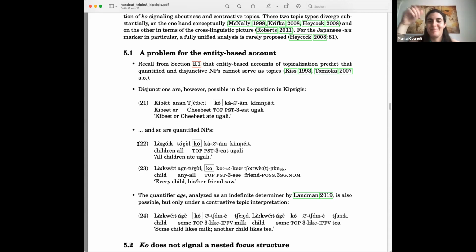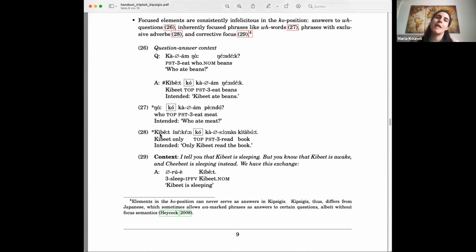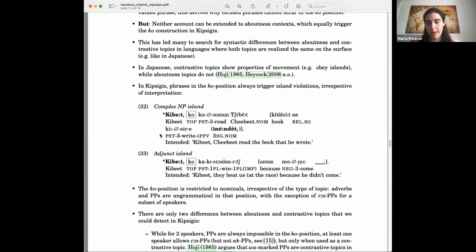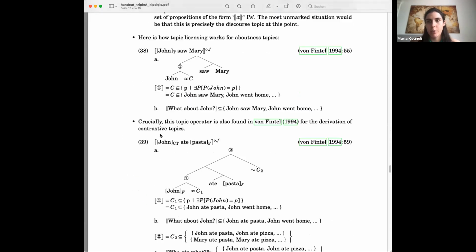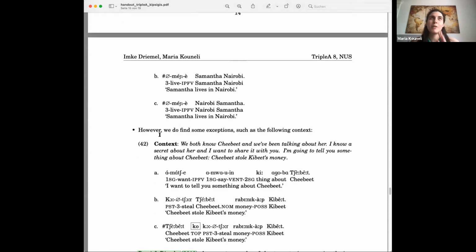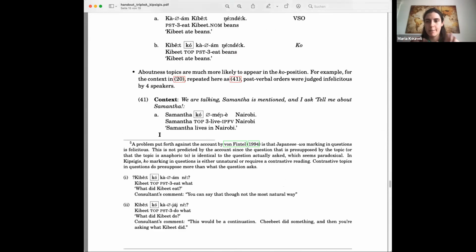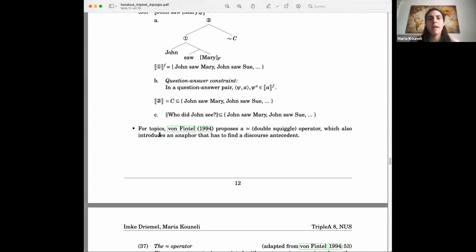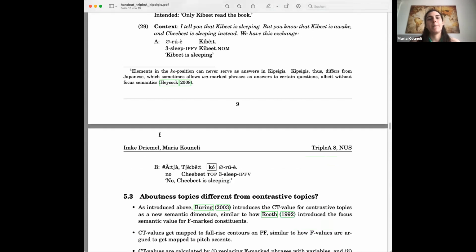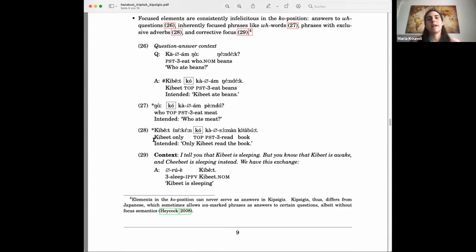So maybe if you scroll to the loose ends, there is a distinction. The behavior depends on the type of particle that you have. So with only, there are at least two particles that seem to be translated as only in English. These are always impossible in the co position for all speakers. But scalars and additives behave differently.